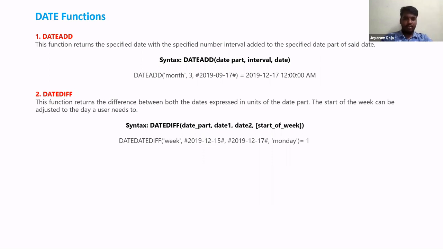We would have been used to this function, as Jagadish gave a table calculation last week where we used the date difference function to calculate the difference between the order date and ship date. The use of the function is to calculate the number of days, months or years between two date fields. The syntax is DATEDIFF, the name of the function, then date part, which is the part you need the difference in, either week, day or month, then date1 is the first date and date2 is the second date.